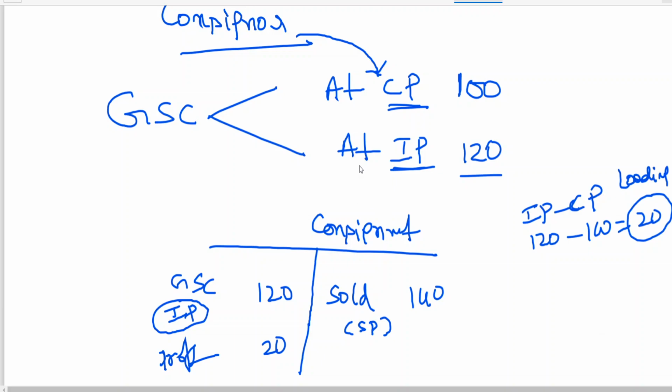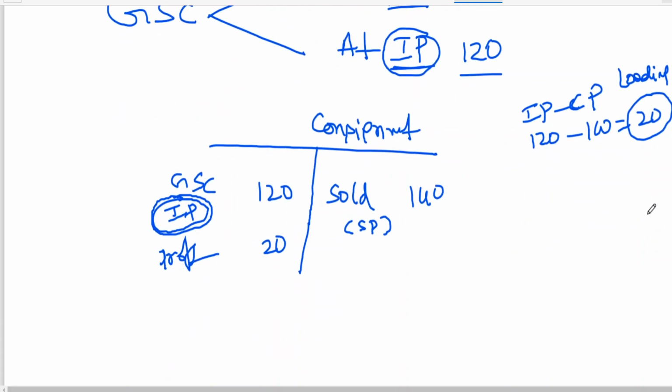But at the time of sending the goods, he has recorded goods at invoice price, no? At invoice price. So, to find out the correct profit, what should you do? To get 40, you should deduct 120 minus 20, then it will become 100. 140 minus 100, you will get 40, no? Generally, in accounting, for removal of it, we take it on the other side. Other side means the loading effect will be taken to the credit side. Same as goods sent on consignment you write, but we write loading here.